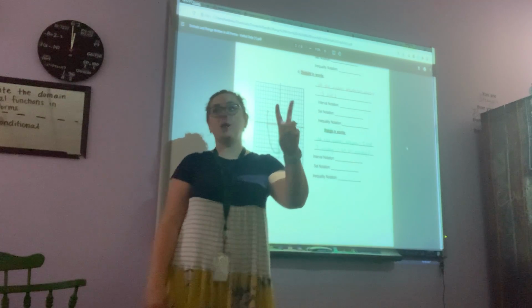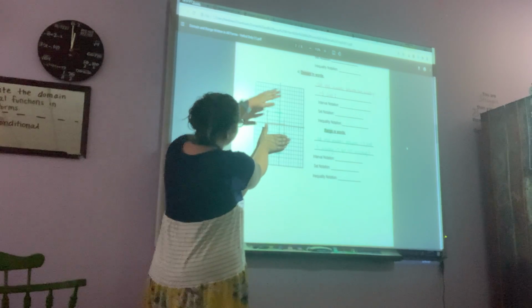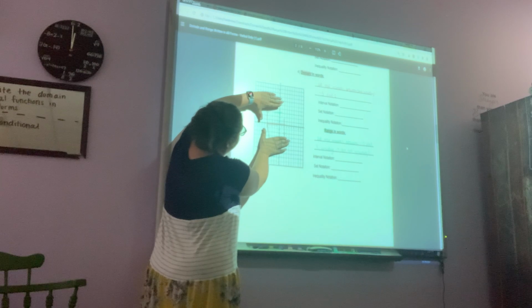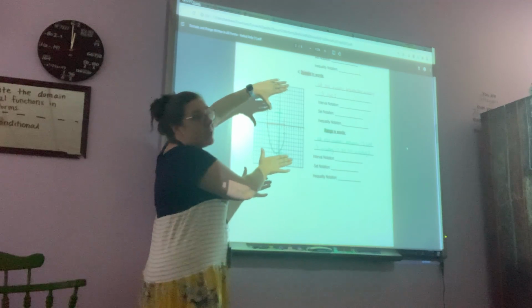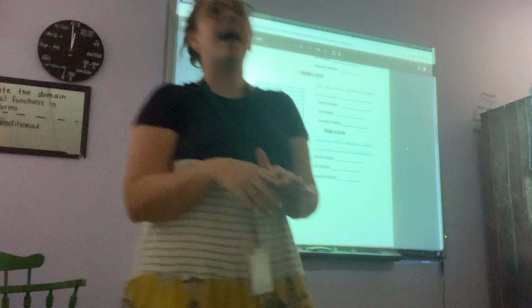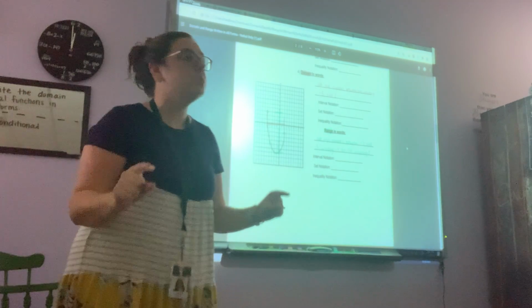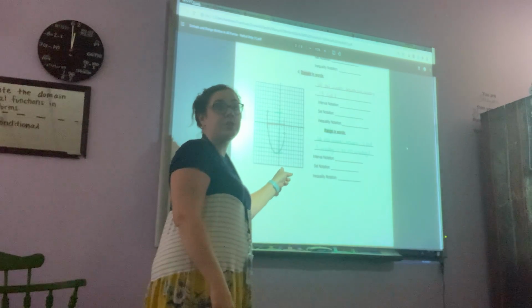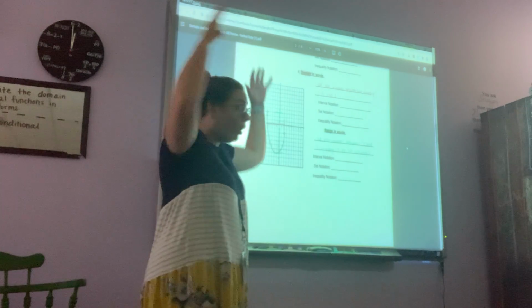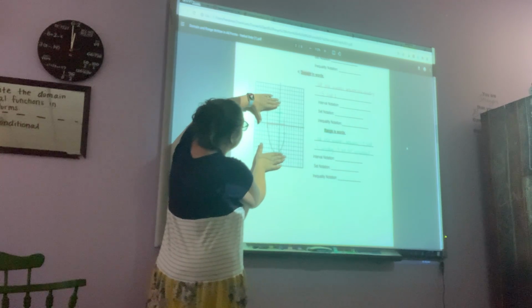There are 2 very common mistakes that are made. Some people say that the range is from -2 to +3. What's wrong with that? That's not the whole graph. When I ask you for the range, I'm not asking what y values your endpoints go to. I'm asking what are all of the y values that have to be used to create this picture. And if I want the whole picture, I need to say I'm going to use from -7 to